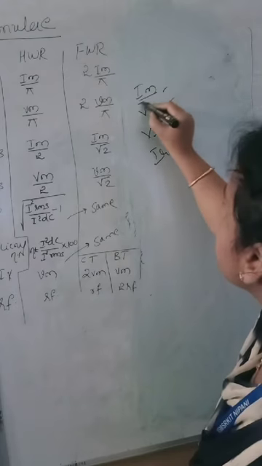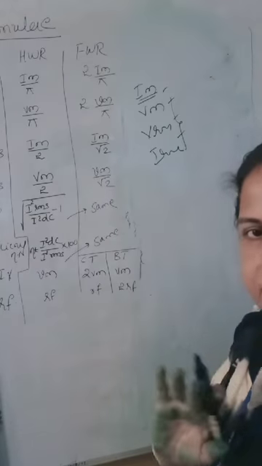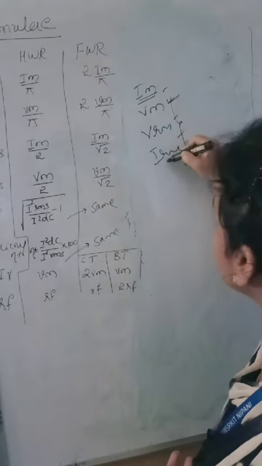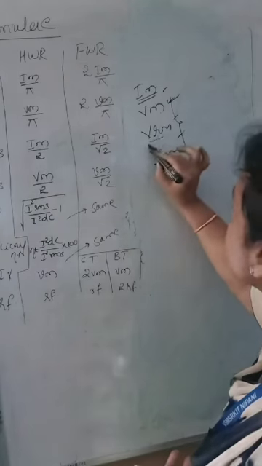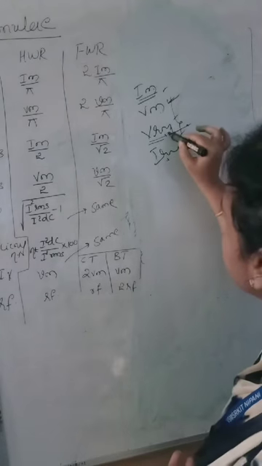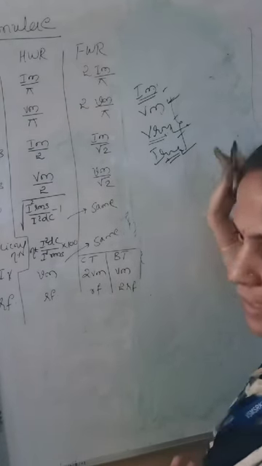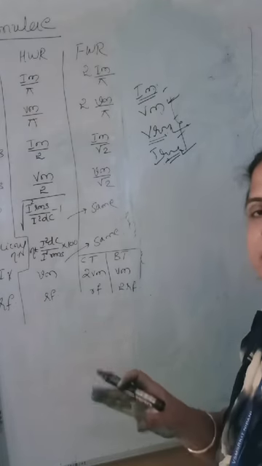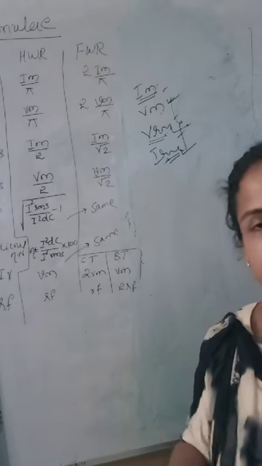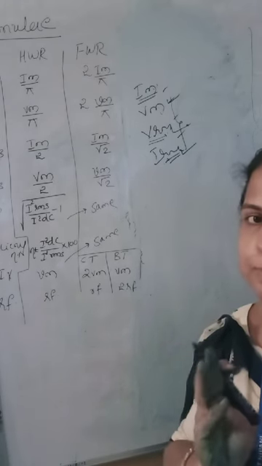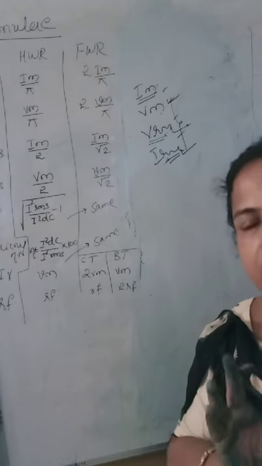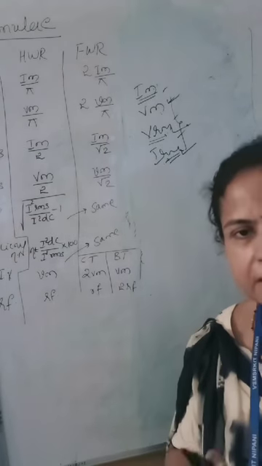So, if IM is given, how to find these three parameters? First think and be perfect with that. If only this is given, how to find these three parameters in terms of this. If you know this, you can easily tackle any problem given on the rectifier. So, to solve any problem on the rectifier, you need four basic parameters: IM, VM, IRMS and VRMS. If you know this, any calculation can be done very easily.